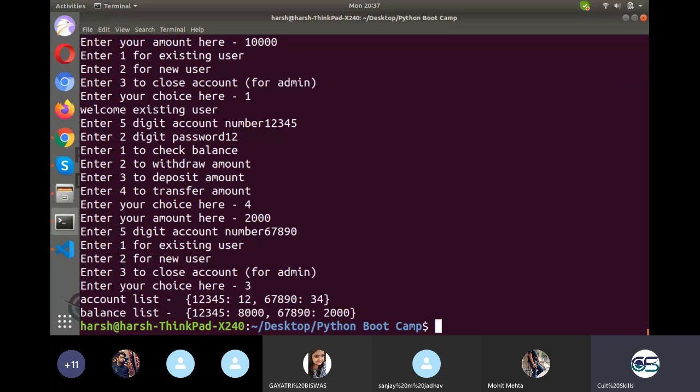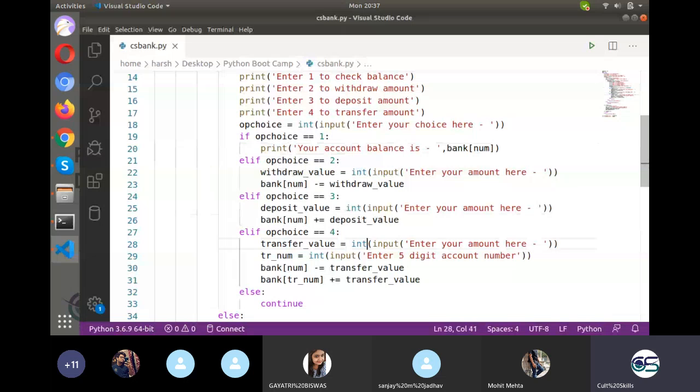Now see, the account balance I added as 10,000 got split by my functions: 8,000 remained in one and 2,000 got transferred to another one. Fine, so you saw the flow of that. Now there is a big question: every time we add an account, it starts from 0. Where is the history? Where is the account created? Every time I become a new user, what is this?